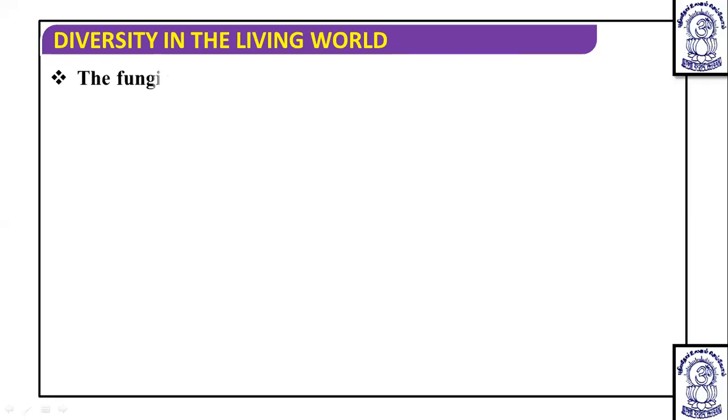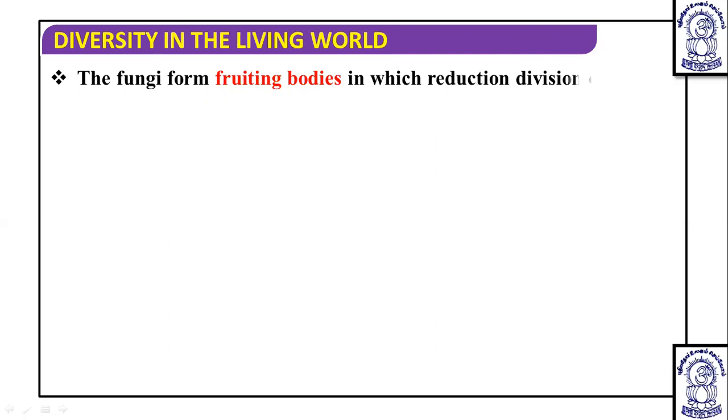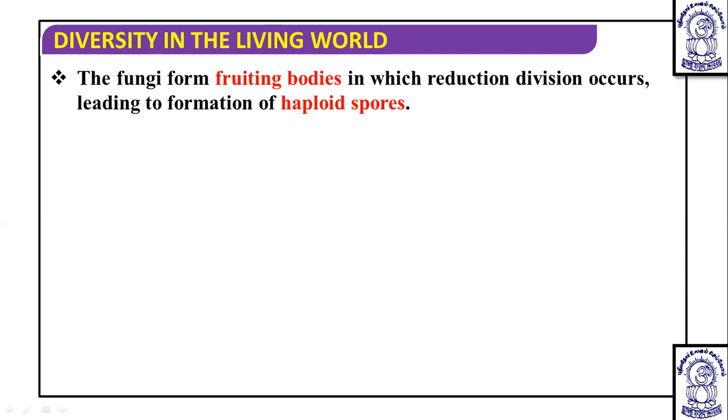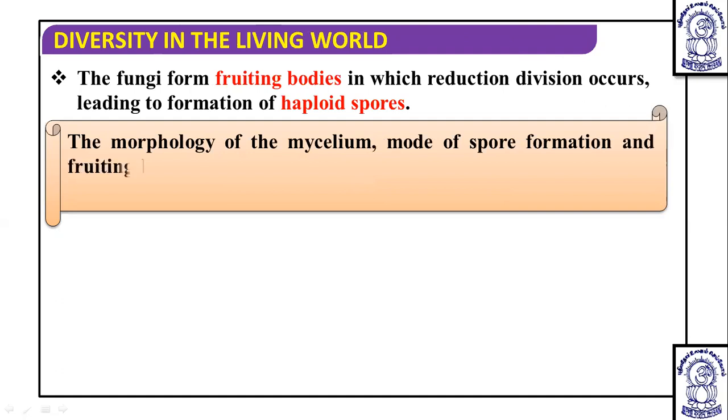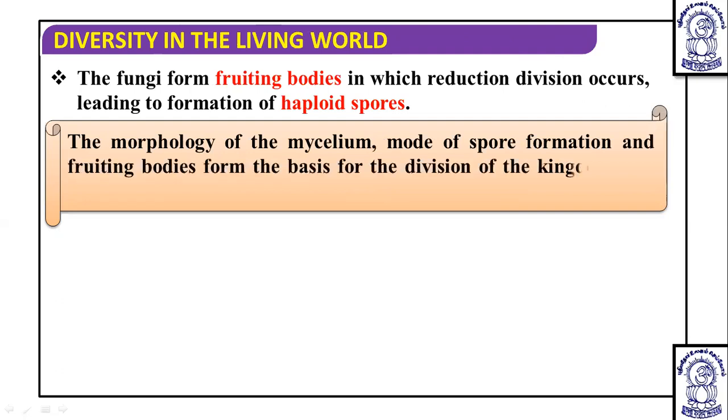So dear students, after these different types of plasmogamy, we will see that there is a formation of fruiting body as well, in which the reductional division, meiosis, occurs, as we have seen during the different types of sexual reproduction, that leads to the formation of haploid spores. Now, after this, we are going to talk about classification, and in classification, it is known that the morphology